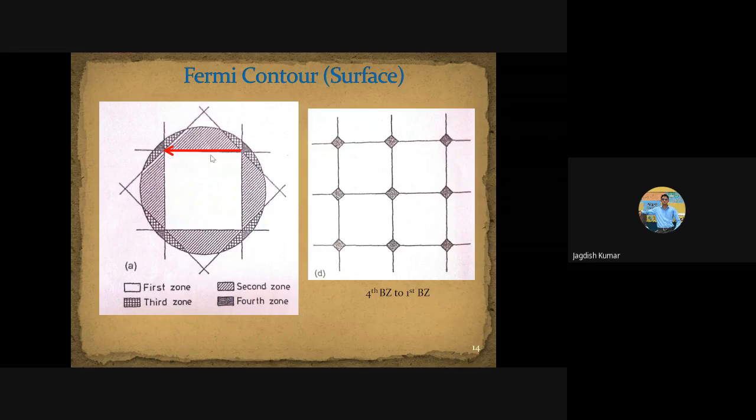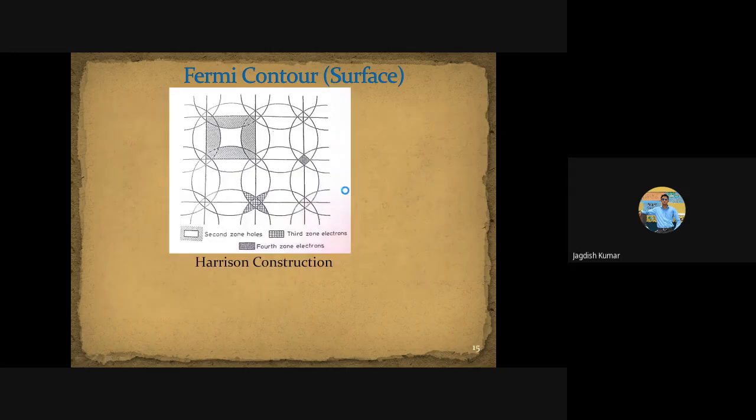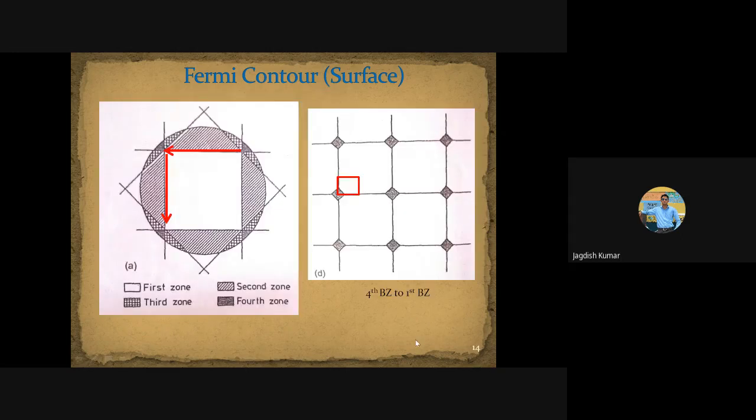Then you have to apply two transformations here. One G will bring it to this point, then you have to add another G. This will come here, because if you take this just here, this will still be outside the first Brillouin zone, right? So a G vector is a G vector. You apply it once or twice or thrice, it will always give you the same energy, right? So what you will be getting out of this is this portion. And similarly, you can construct all others as well.